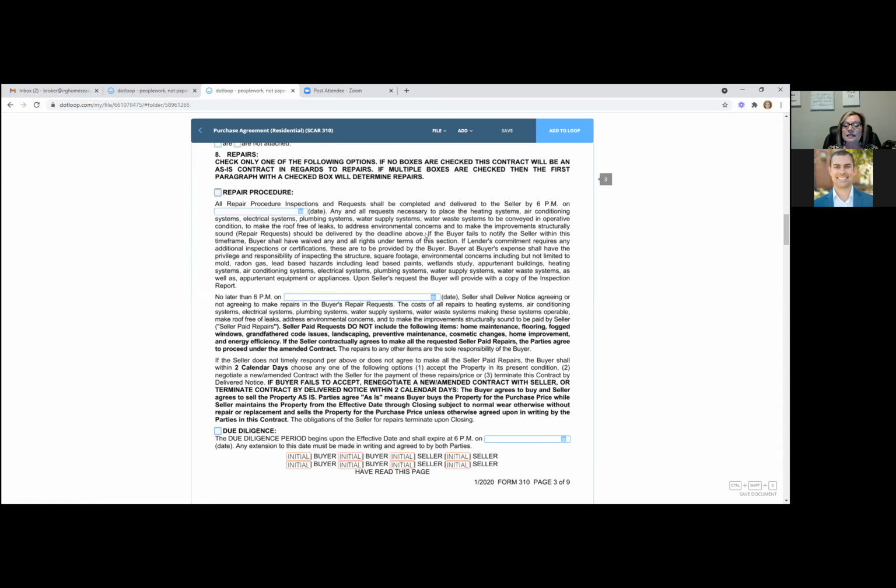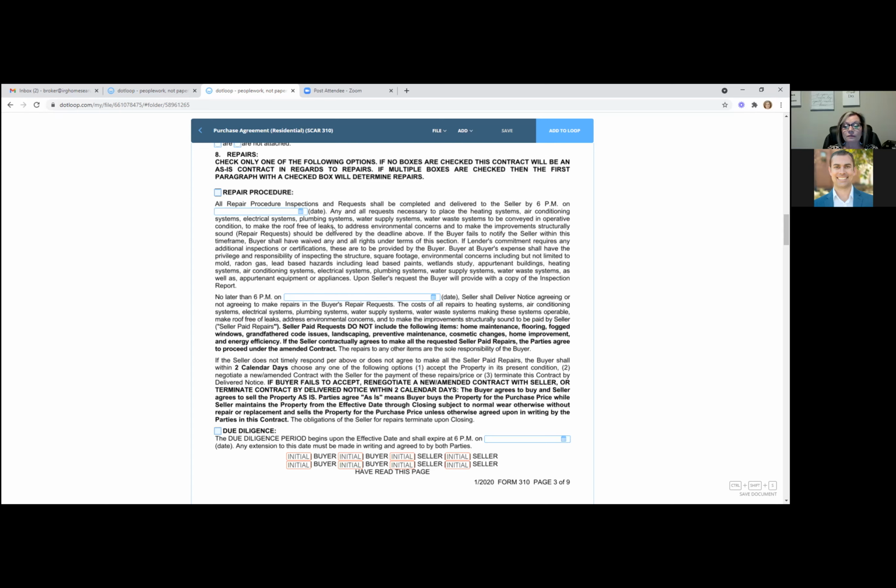Any and all requests necessary to place the heating system, air conditioning system, electrical system, plumbing system, wastewater, water supply to be conveyed in operative condition. So that means that these systems have to work. It does not mean that they have to be brand new. It doesn't mean that they can't be 20 years old. It means that they have to be passed on to the new buyer in operable condition